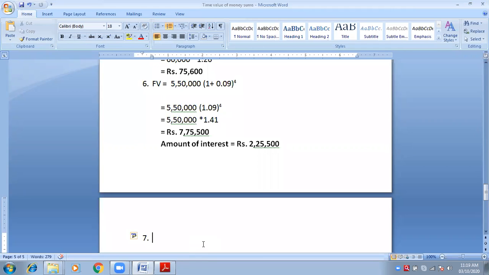What will be the present value which was invested 4 years ago? What should be the present value which was invested 4 years ago